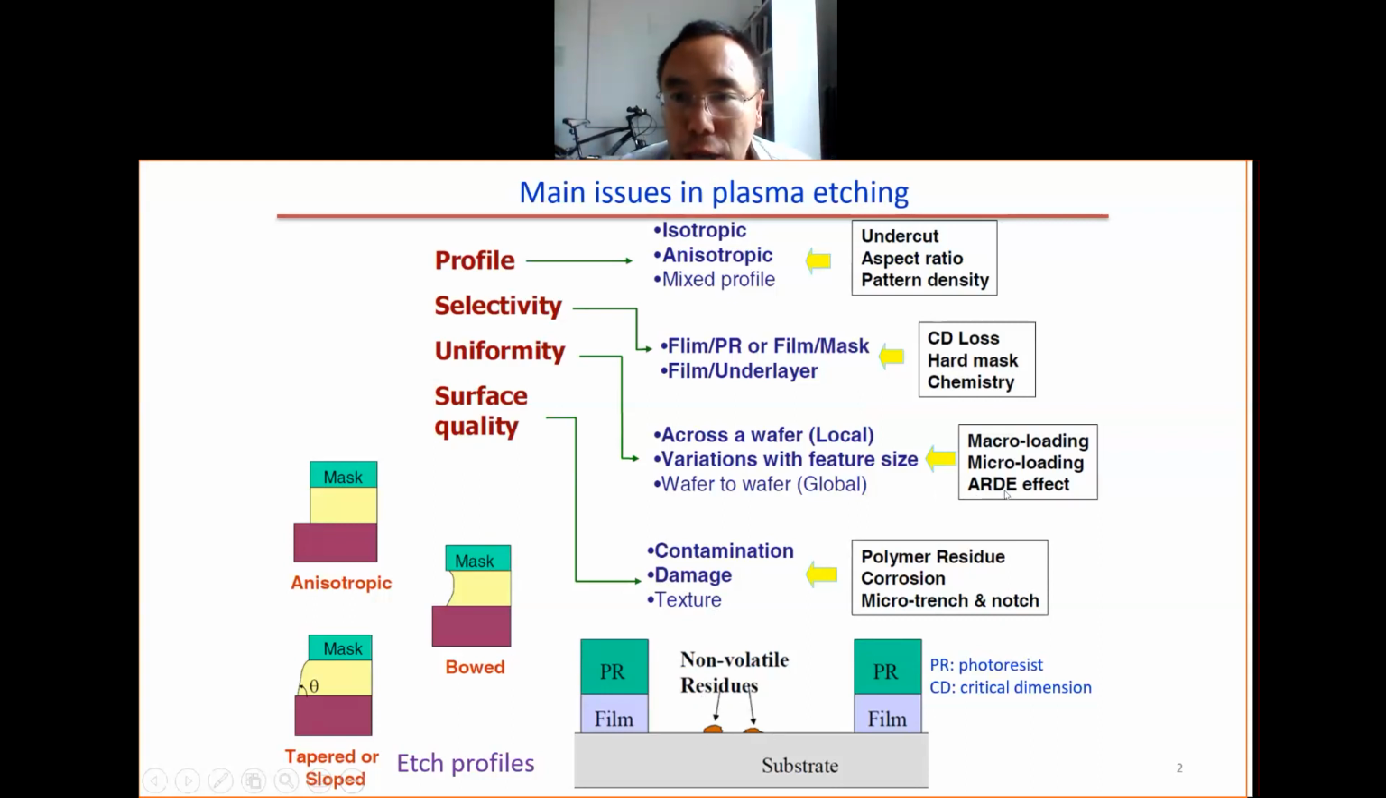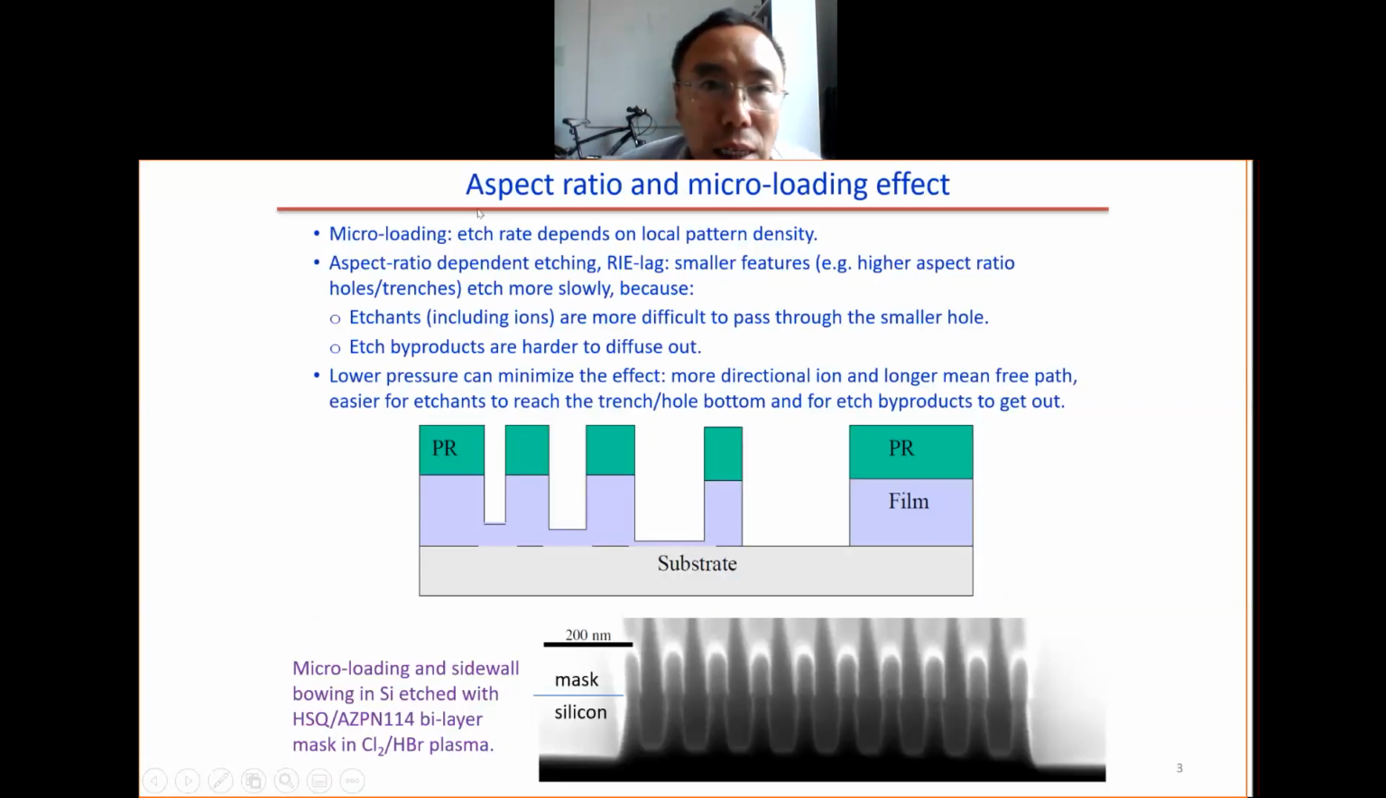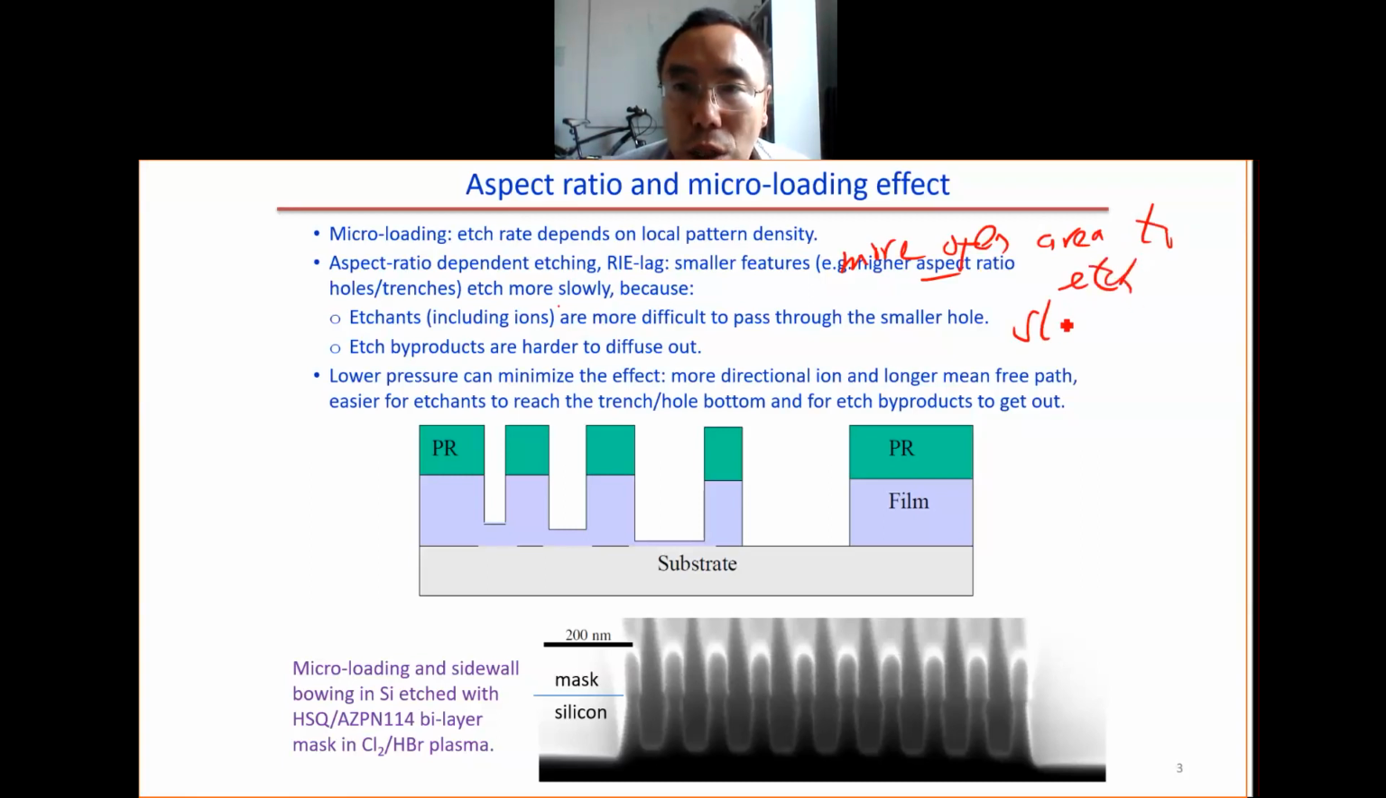So now first we look at the macro loading effect and the ARDE effect. Macro loading and aspect ratio dependent etching. Macro loading refers to the effect that the etching rate depends on the local pattern density. As you can imagine, if we have more open area to etch, it will etch slower. Normally this will etch slower because the reaction species will be depleted by the larger open